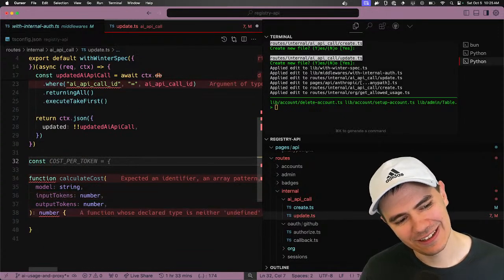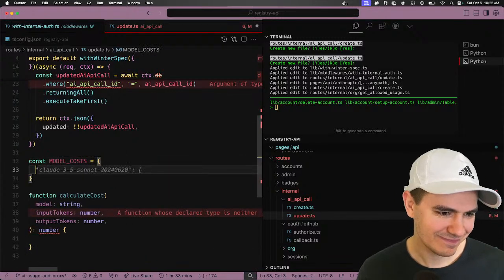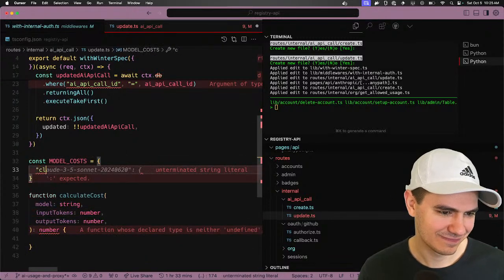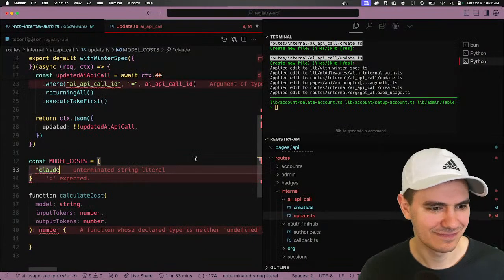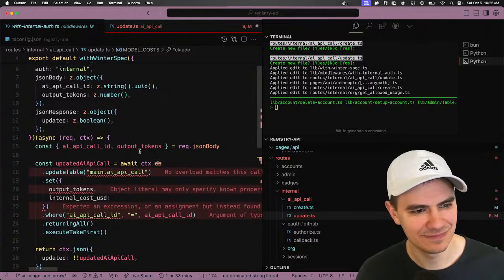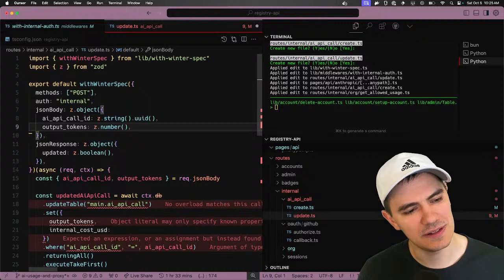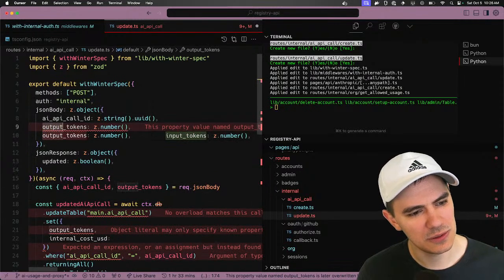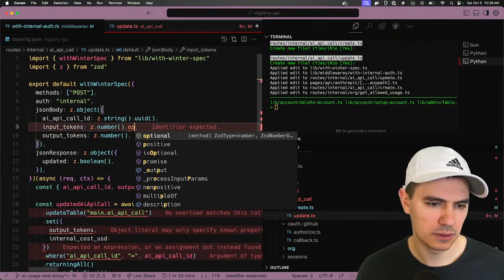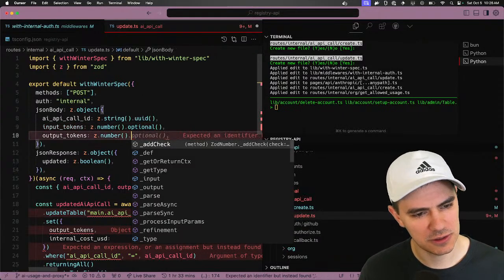Const model costs. This can accept input tokens too. Optional, default. Yeah, we'll just do optional.